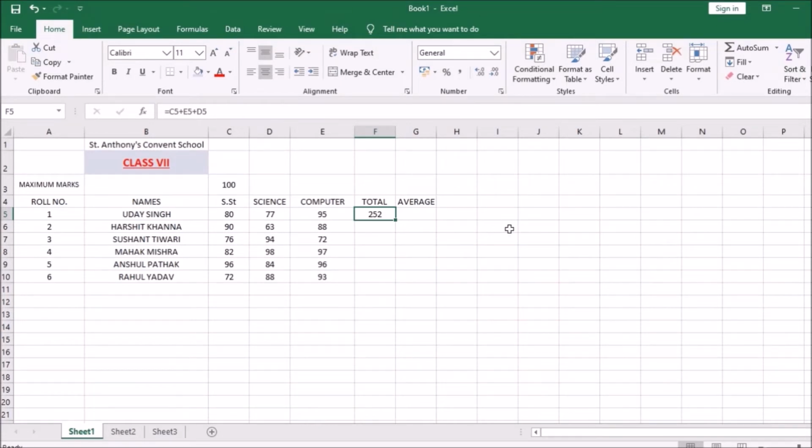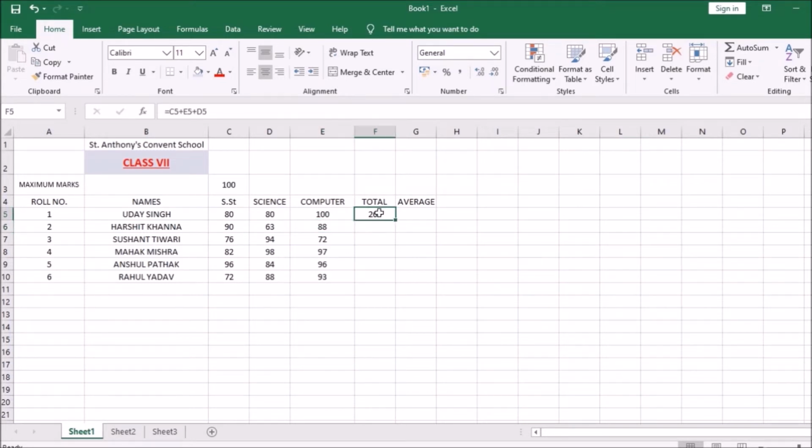Like I said, children, you are adding cells, you are not adding numbers. If anything changes in the numbers, the output will change accordingly. Suppose I change 77 to 80, a difference of 3. You will see the result is a little different: when I changed it from 77 to 80, it became 255 from 252. So it changes accordingly. If you make it 100, it will change. This is the result of the formula. Formula and function add cells, they do not add numbers.